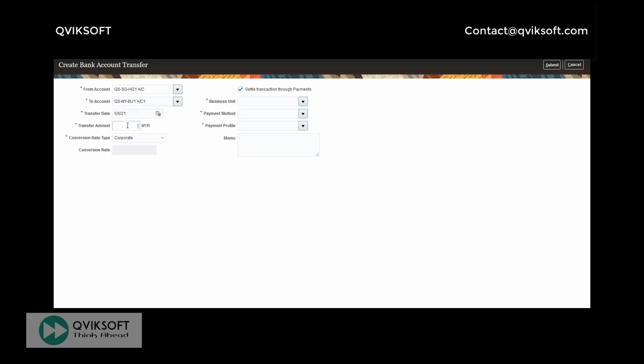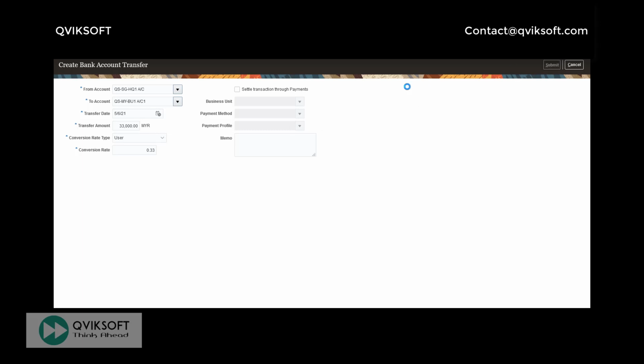How much should I send? Maybe 33,000. Conversion rate I don't have maintained, so I will use user for this example. I say 0.33. Whatever converted amount will be deposited there, because my currency for that account is a receiving currency.